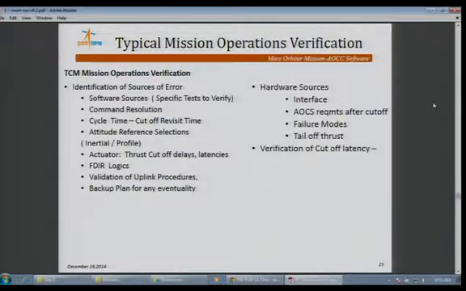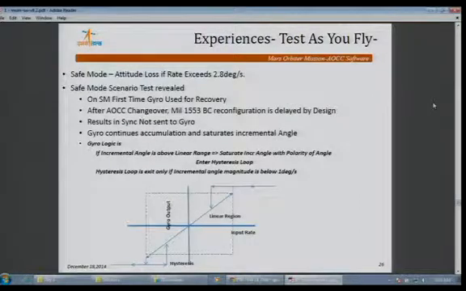Next slide, please. So now I'll be covering some of the experiences which we faced during the development phase, which were very critical and gave a lot of input for us. One of the major requirements which we faced is our safe mode configuration. In all our spacecraft, we do not use the gyroscopes or IRU reference after the safe mode for acquisition. We use the optical sensors for the post-safe mode occurrence. In the Mars Orbiter mission, it was felt we should use the gyros after safe mode recovery.